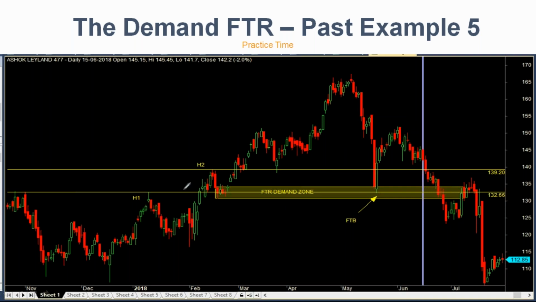Now when I'm discussing, I only marked one FTR for you guys to explain the concept in a very simple way, and our intelligent friends found this FTR. There's one more FTR. Where was that? This is the high. Some people found this FTR also. Okay, everything we will mark.